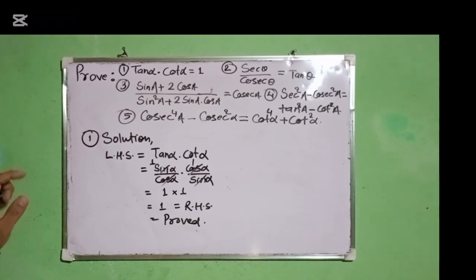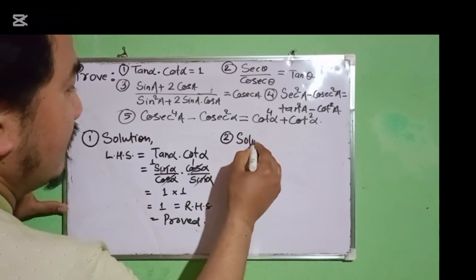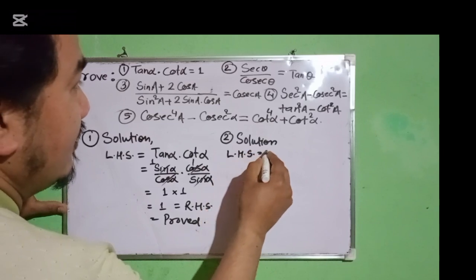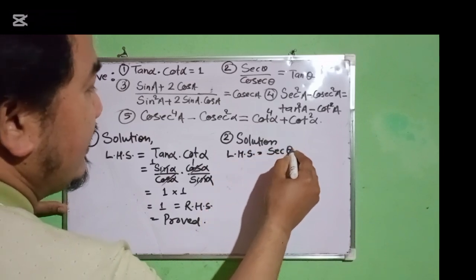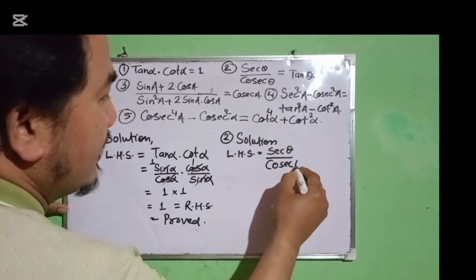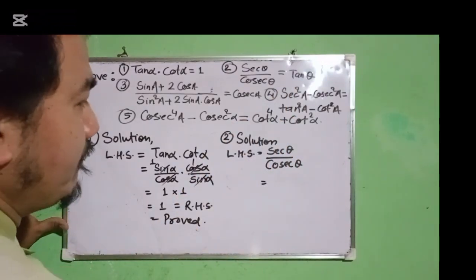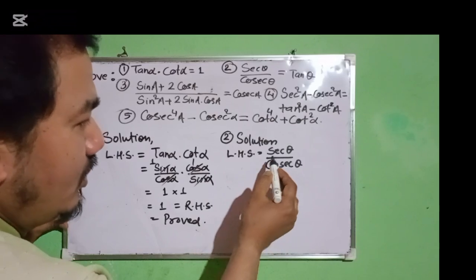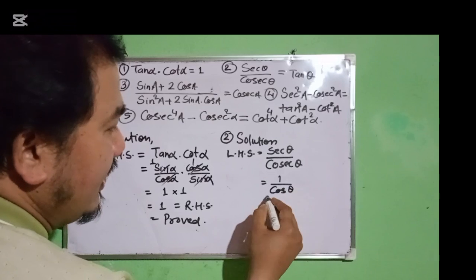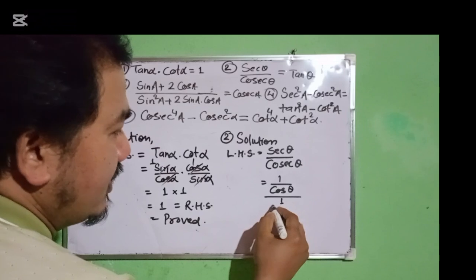Now let's move to question number 2. In question number 2, look children, the left hand side is given there: sec theta, this is symbol theta, by cosec theta, and we need to bring here tan theta. Look here, what you have to do in reciprocal relation: we know sec theta means 1 by cos theta, and cosec theta means 1 by